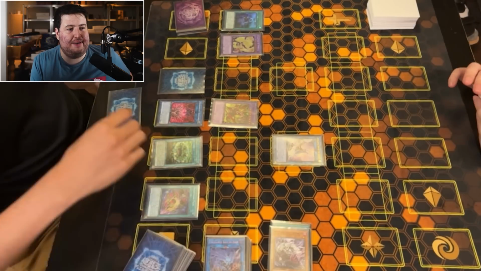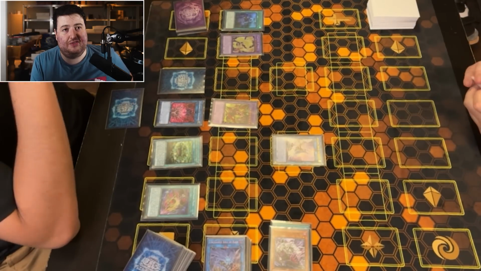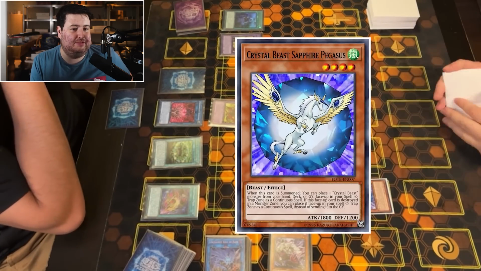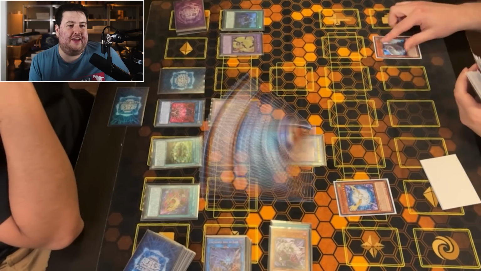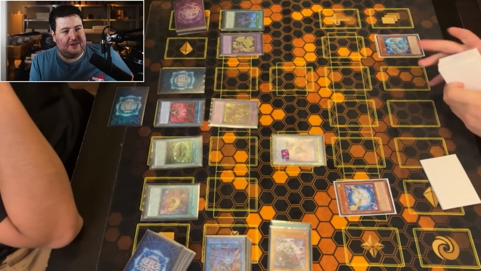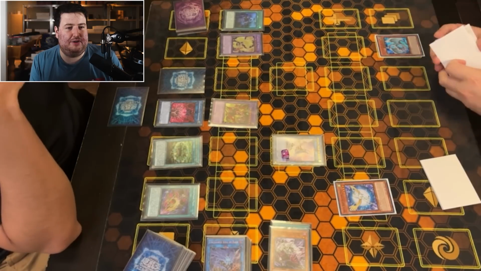So it's something that's going to be on my mind for this game, because even if I can't break through this field, which is going to be very hard considering it's Appaloosa, Desiree, and Phantom at the very least, I need to be conscious of that. If that face-down card is not an Unchained Trap, then he may not play one. So anyways, I'll lead off here with Crystal Beast Sapphire Pegasus,